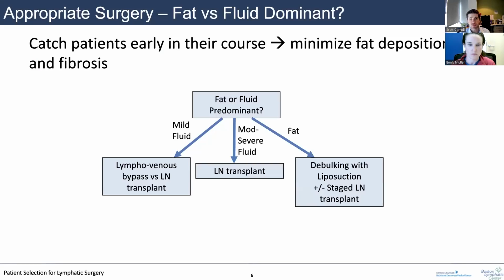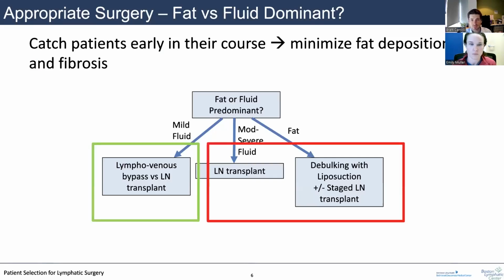That's a bigger surgery where they have to remove lymph nodes from around the stomach and move it to the limb. Patients are generally in the hospital for several days, and it's a longer surgery. And then you have, if they're fat dominant, that debulking surgery, like I mentioned before. But again, maybe if we can catch these patients earlier in that green square, we can avoid their need for bigger surgeries, and certainly more importantly, avoid their progression to a more advanced disease state where they have more